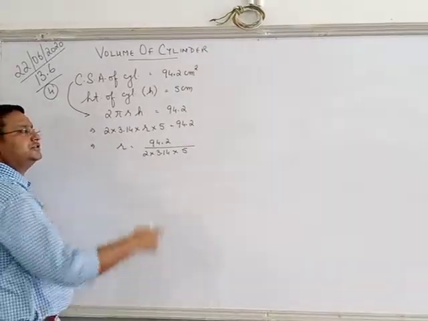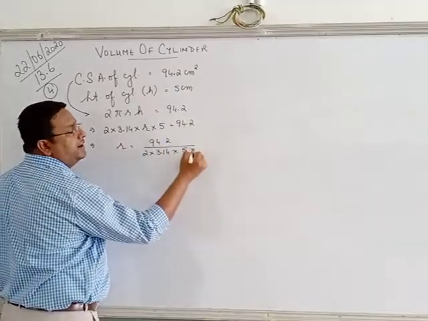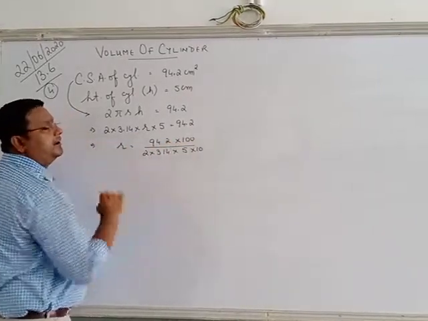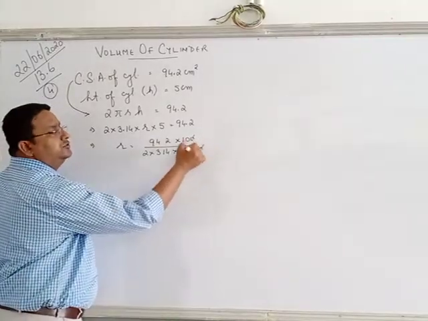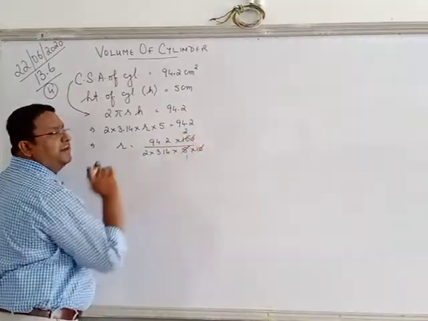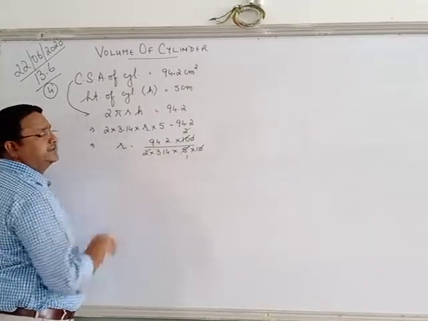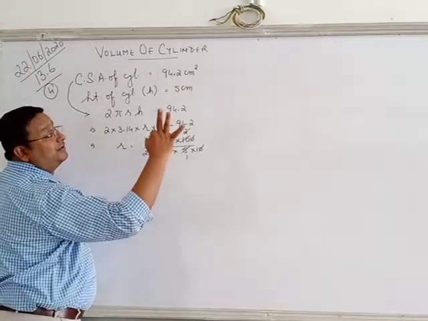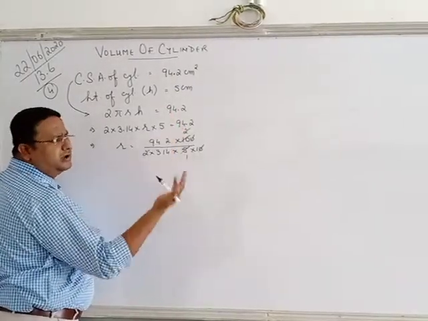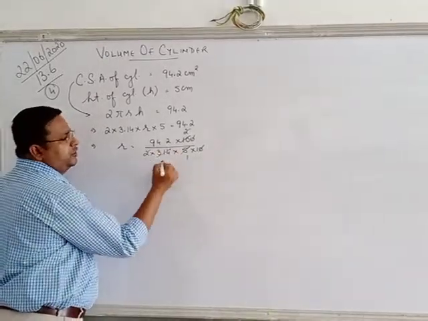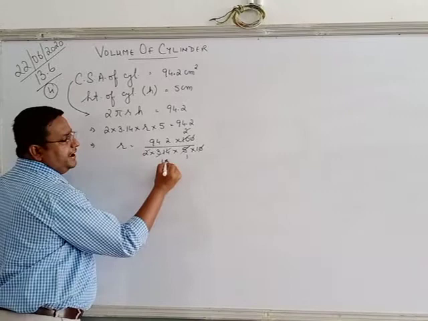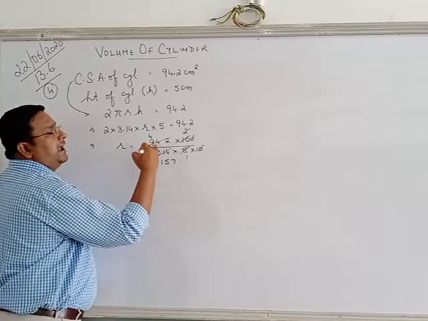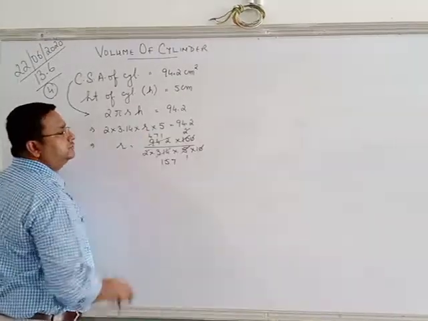Can we do simple calculations? Remove the decimal. If I remove one decimal, we multiply denominator by 10. Here 2 decimal places removed, so we multiply numerator by 10 and 10. Cancellation 0, 0. 5 ones are 5. A simple calculation will be there. 2 and 2 cancel. 314 and 942 you can divide, or you can see it is divisible by 3. 314 3s are? We do not know. Do the calculations. 2 ones are 2, 2 5s are 10, 2 7s are 14, 2 4s are 8. Carry 1, 2 7s are 14, 2 1s are 2.